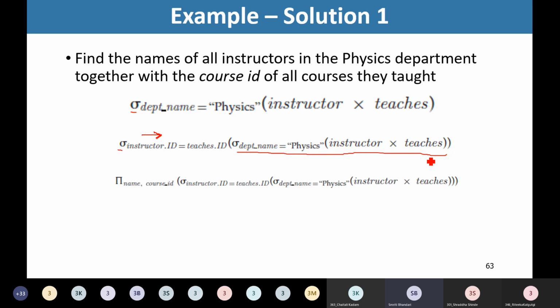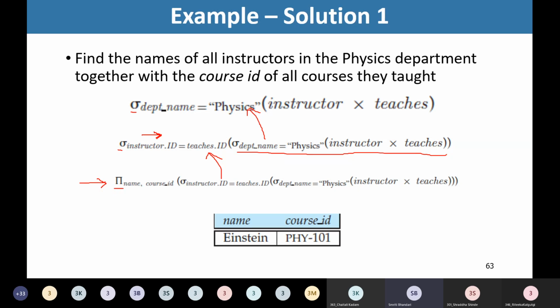So once again, we are going to refine our query, and we write one more outer query with this project operation. We are interested in name and course ID, so we list only these 2 attributes. And in parenthesis, we have this earlier query. This is how we should think of it. After giving this, this is our final query.